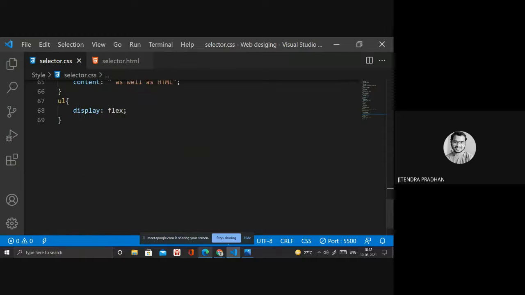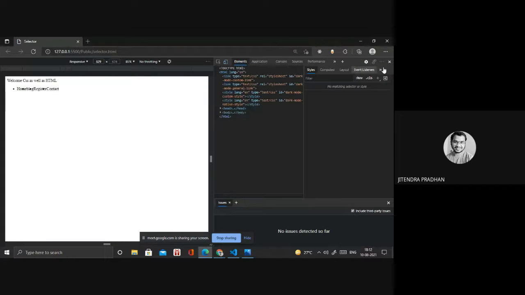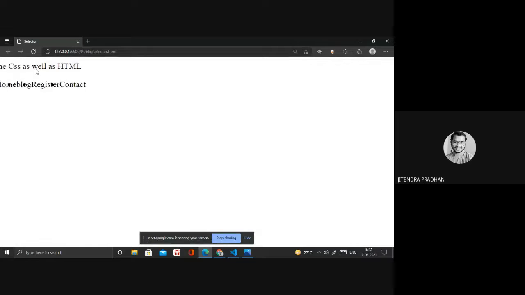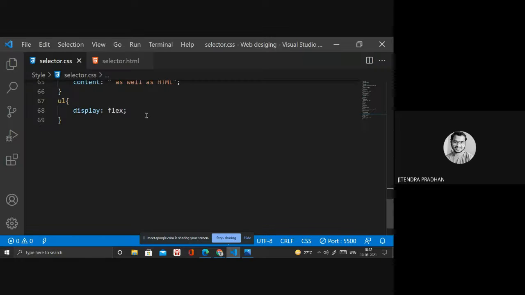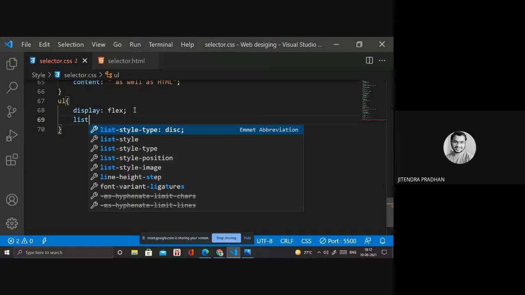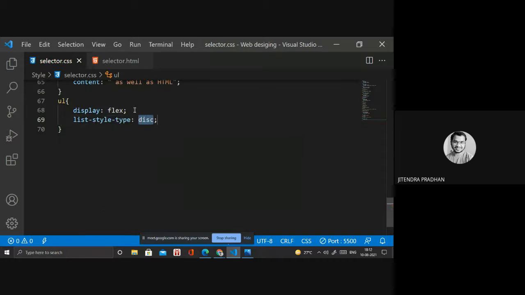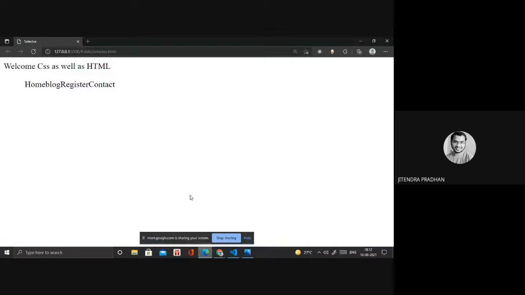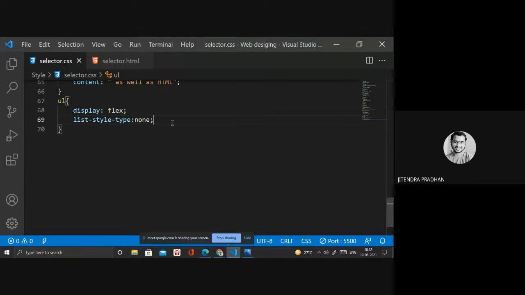Okay, done. Next I will do one thing: I will remove all those list item markers. By using list-style-type, you have to write none inside that, so I don't want to apply any of that on the list items. Done. Next I want margin.